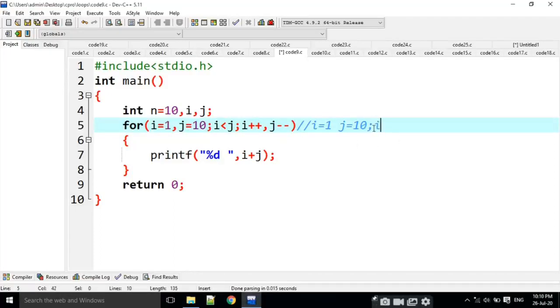Then I am going to check i less than or equal to j. What is i value? i value is 1. 1 is less than or equal to 10. Is it true or not? Yes, it is going to be true. Now I am going to print i plus j, 10 plus 1. That is going to be 11 here. Now i becomes plus plus, that means i becomes 2 and j becomes minus minus. Then j is 9 here. Then it is going to check that 2 is less than or equal to 9. Is it true or not? Yes, it is true. Then we are going to display i plus j, 2 plus 9, that is going to be 11. Again i is incremented,